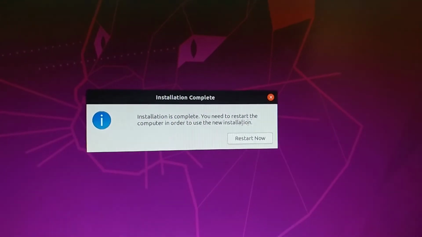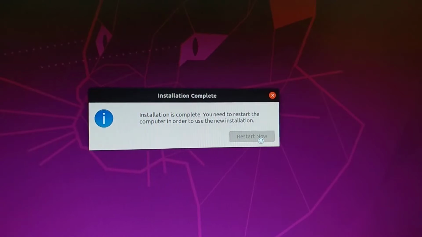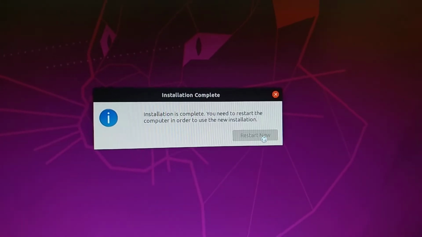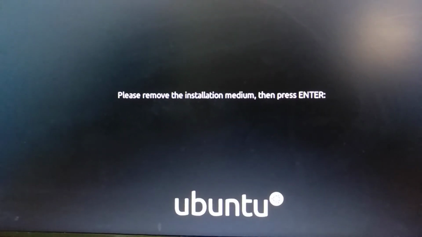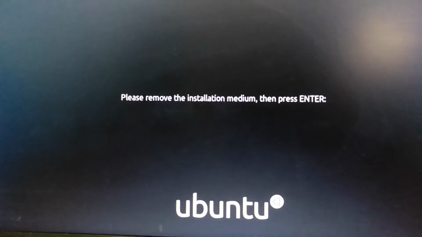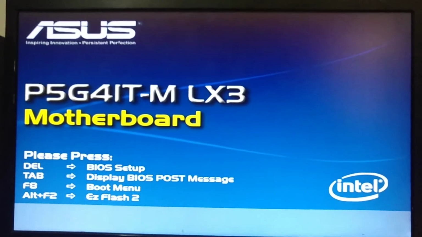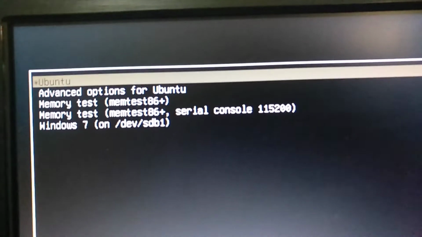Now restart it, and it will prompt you to remove your pen drive. Remove that pen drive and press Enter. It will restart, and after the restart it will show a GRUB menu. You see I have Ubuntu and Windows 7, so both operating systems are there.